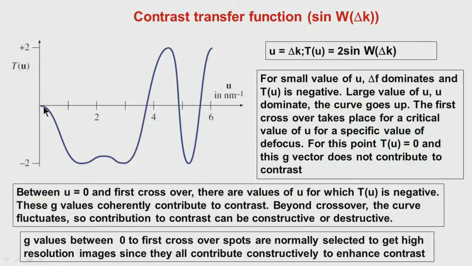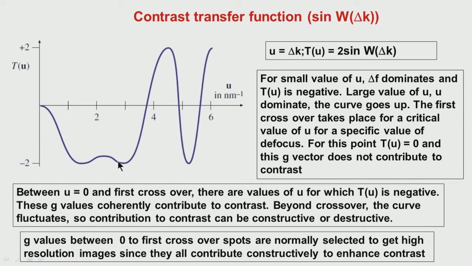So, here if you look at it, though it is for small values of delta k, those small values correspond to spots which are very close to the primary beam. Most of the diffraction spots, depending upon the periodicity, occur at some distance. Most of the time for the planes, like for FCC, 111 is the close packed plane, that is where the first diffraction spot is. So, within that range of reflections, we find that the value of the sine term turns out to be very close to a specific value.